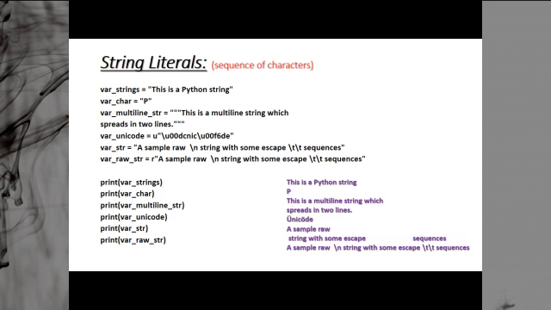Then we have string literals. You can see string literals, var string. This is a Python string. You can create it in single quotes or in double quotes. A string is enclosed between single quotes or double quotes. There is no restriction like in C, C++, Java, where we start a character with single quotes and a string with double quotes. In Python, string and character are the same. We can start them with single quotes or with double quotes. But if we started with single quotes, we have to end them with single quotes. If we started with double quotes, we have to end them with double quotes. We cannot mix these cases.